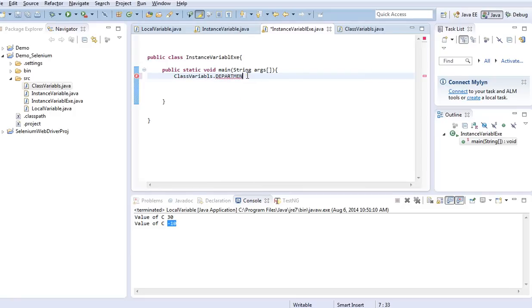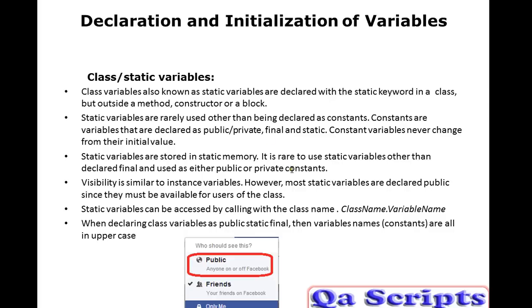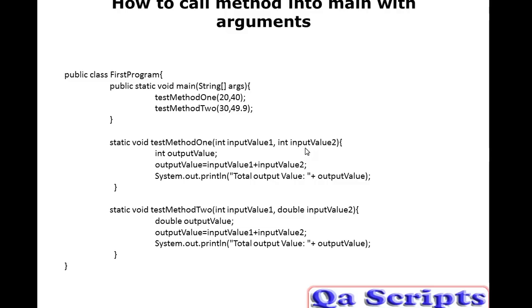It means I can access all the static variables using the class name. Instead of creating an object, I can directly call them using class name dot variable. So this is what we call a class variable or static variable.